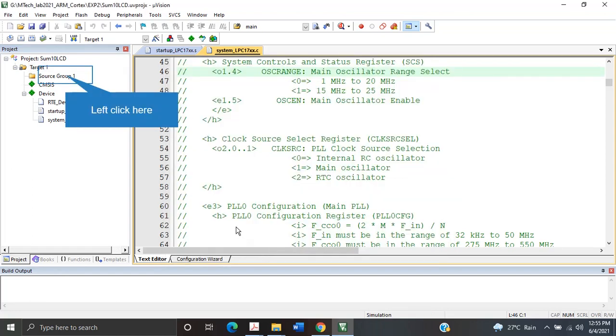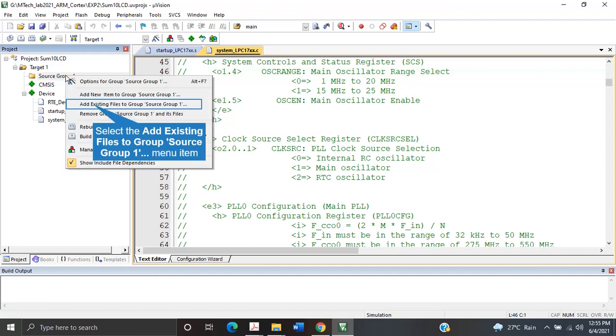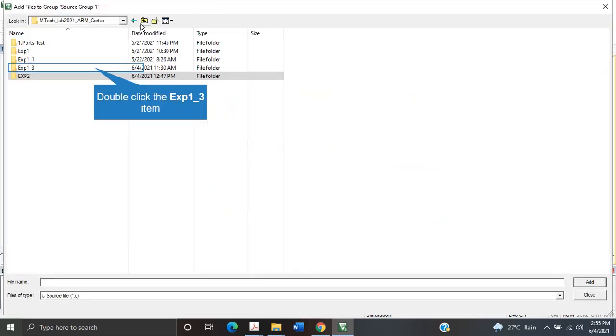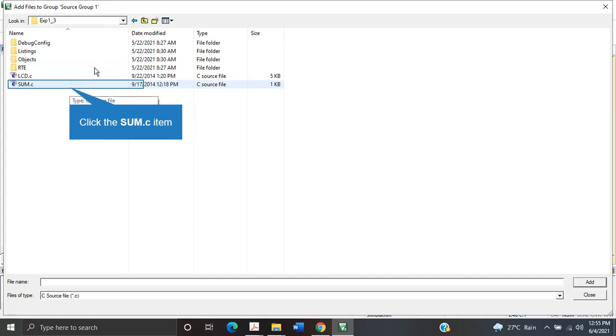Okay, now it is ready to include your source files. I am not writing any source file as such, I am just demonstrating. So I will take whatever is readily available. So add existing source files. Previously I have done this. Okay, I will go to experiment 1.3. So we are basically interested in